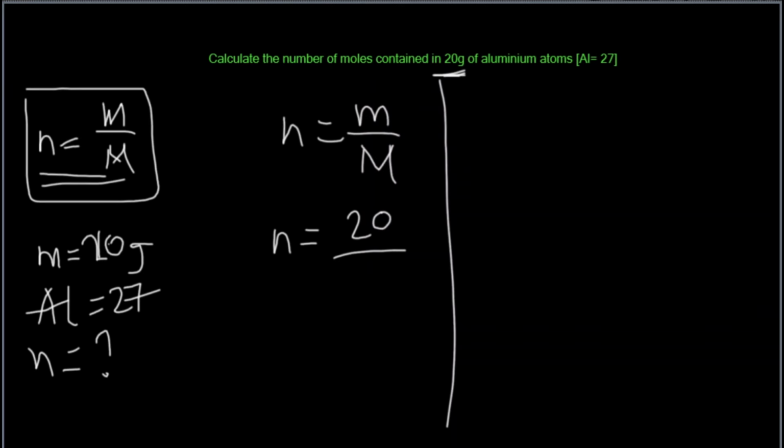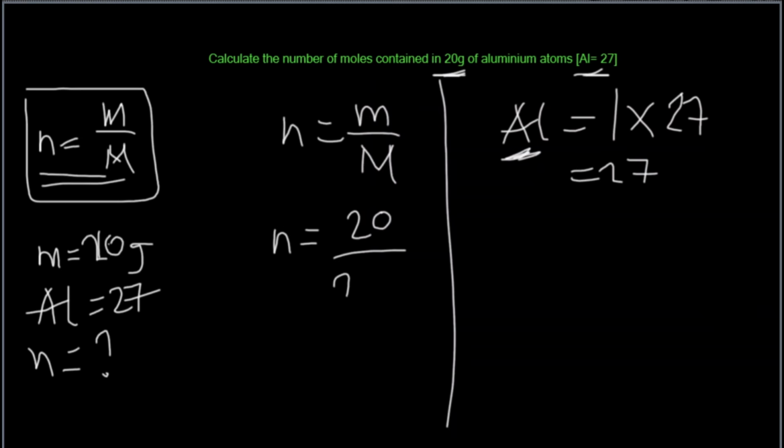So it will be one times the 27 given. Because aluminum atom contains only one aluminum. So it's one times 27. Okay, so it will give you 27. So you place the 27 here,